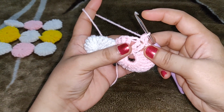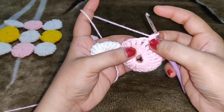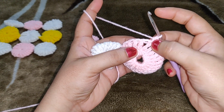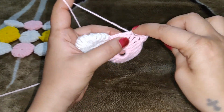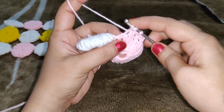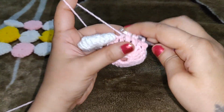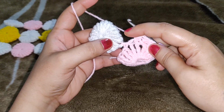This is the same thing that we've done earlier to make the puff yo-yo. We work 1 half double crochet in this space. Then we work 2 half double crochets together in all the stitches. You work 2 half double crochets together. Now we've reached the stitch that we've joined this